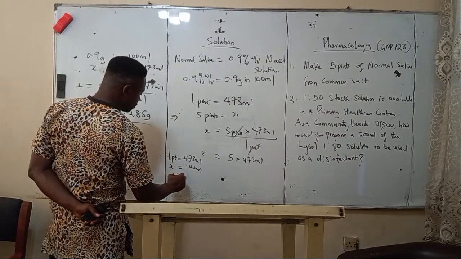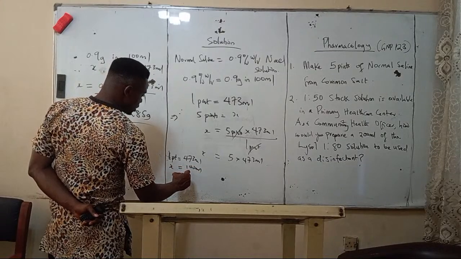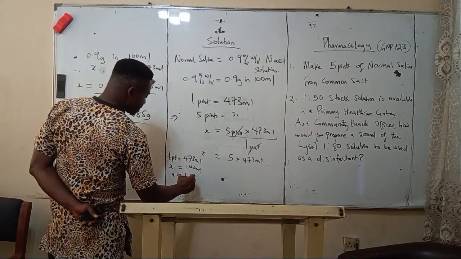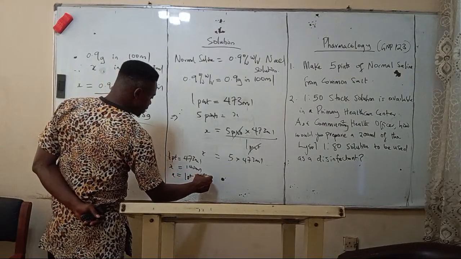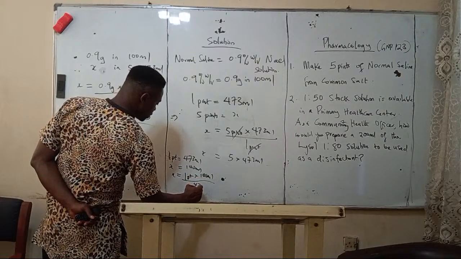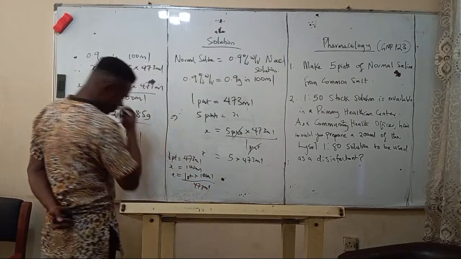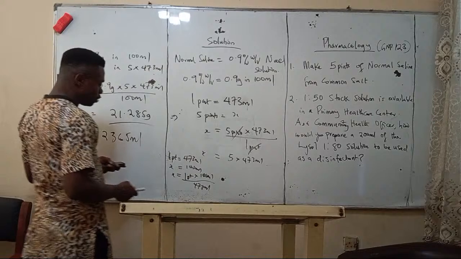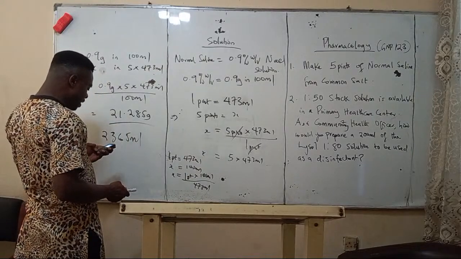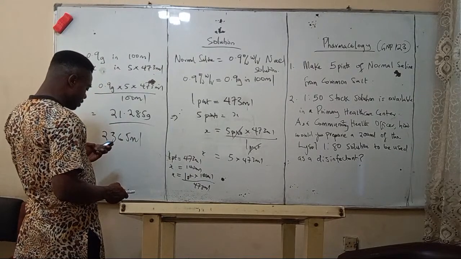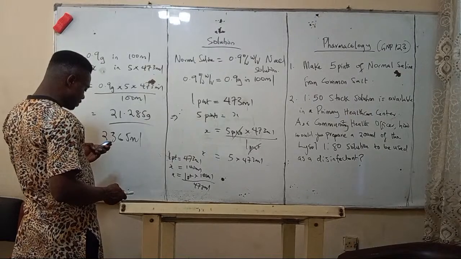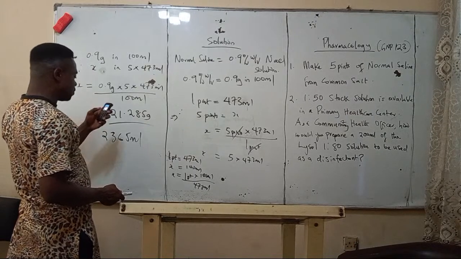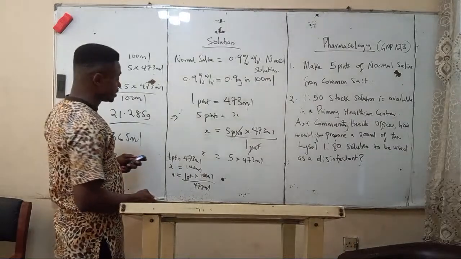So X is equal to 1 pint times 100 ml over 473 ml. If you divide through, we have 100 divided by 473, which is 0.211416